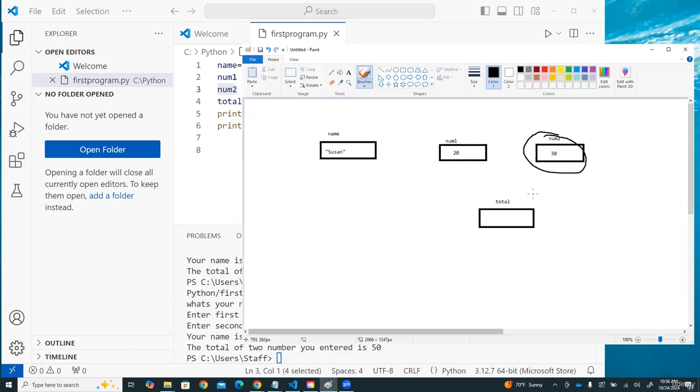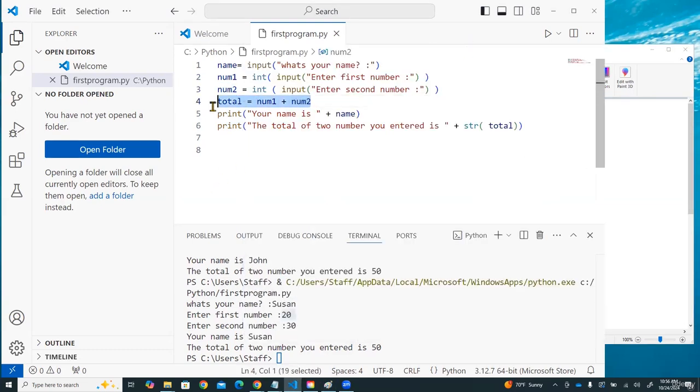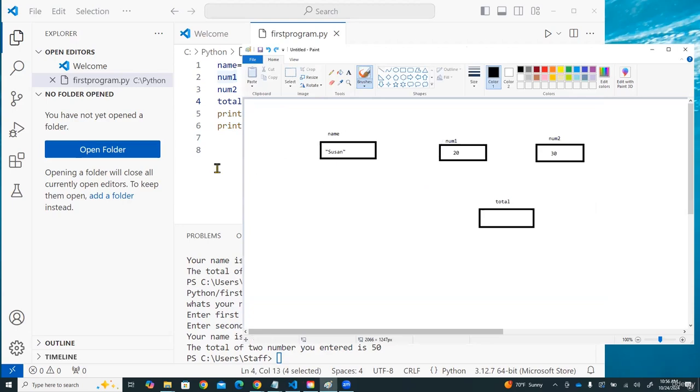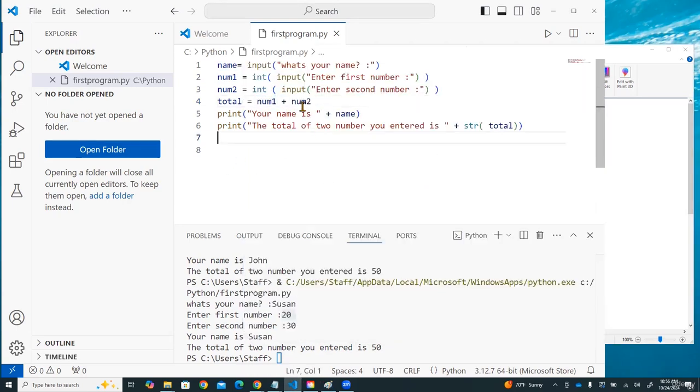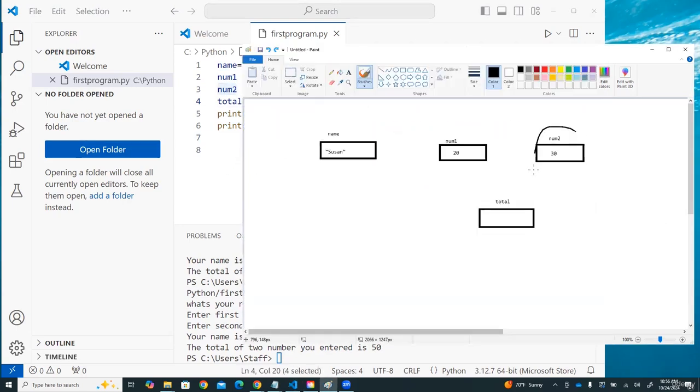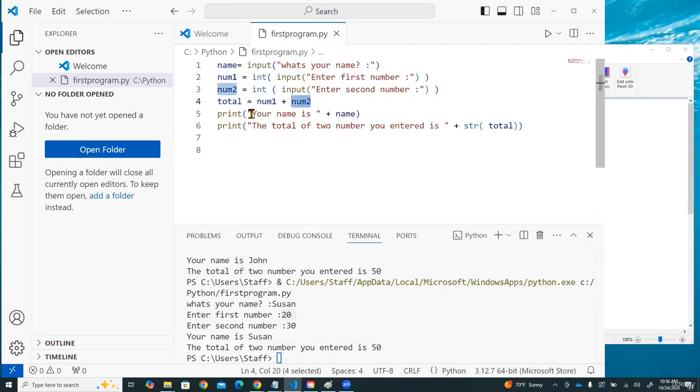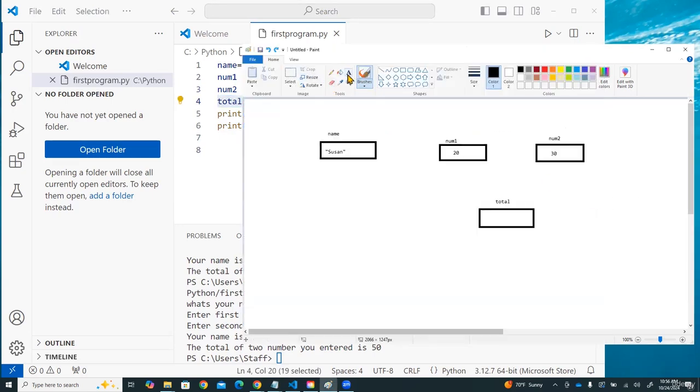And that's what got stored into num2 over here. Then the next instruction is a calculation instruction. So what this instruction says is take what is in this memory cell, which is 20, add it with what is in this memory cell, which is 30, and then store the result into that memory cell. So if I take this quickly and explain to you how this works,